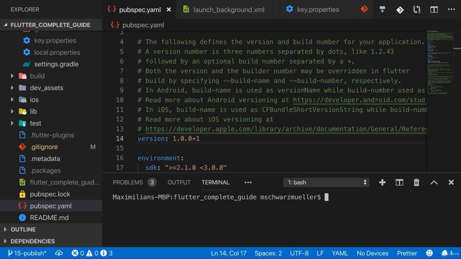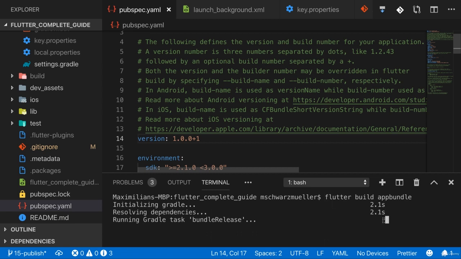So now with all of that out of the way, we can build our app for production. We do this by running flutter build and then app bundle, not Android, but app bundle. This will build an Android app, but in an app bundle version, which is the version Google actually wants you to submit to the Google Play Store. So let's use that and let's wait for this build process to finish. This will now automatically build it for production mode and therefore shrink your code, optimize your code as much as possible. And after a while, this should be done and then give you an app which you can deploy to